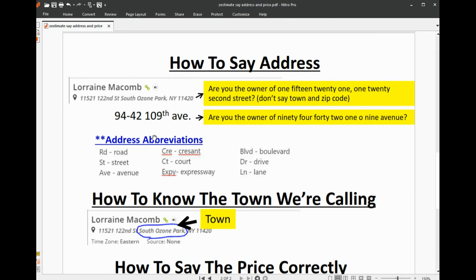Sometimes the owners are asking you which address you, in particular, are calling about, then we might need to confirm and ask, say the address. Okay. And so these are the address